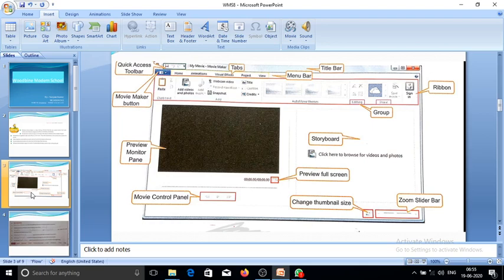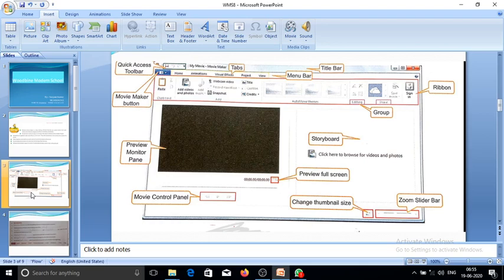The storyboard is where data is stored, like a library, and when we want to look at a full screen video, we choose preview full screen. How to control forward, backward and pause? These options are used in the movie control panel.